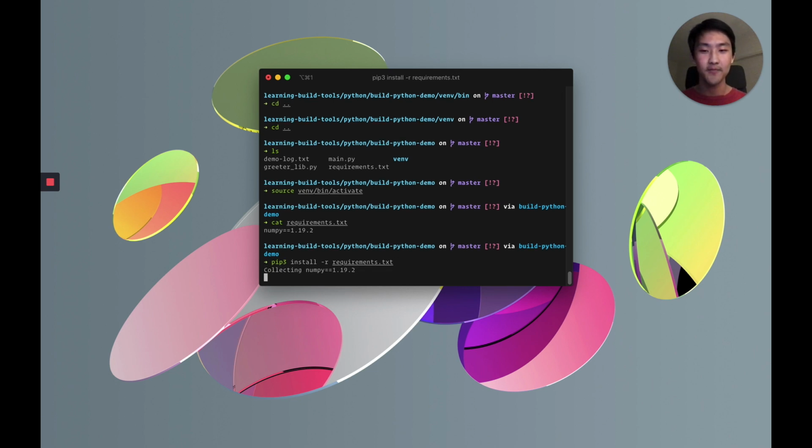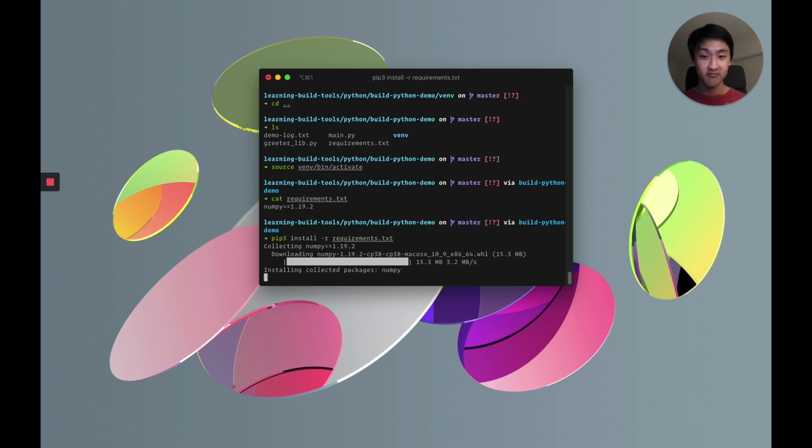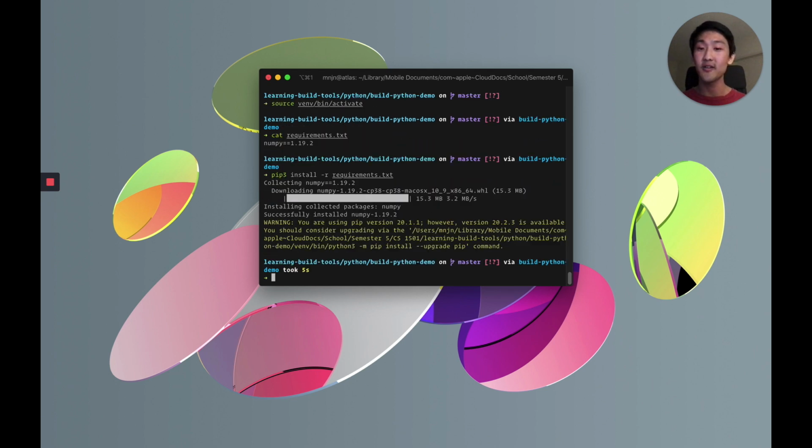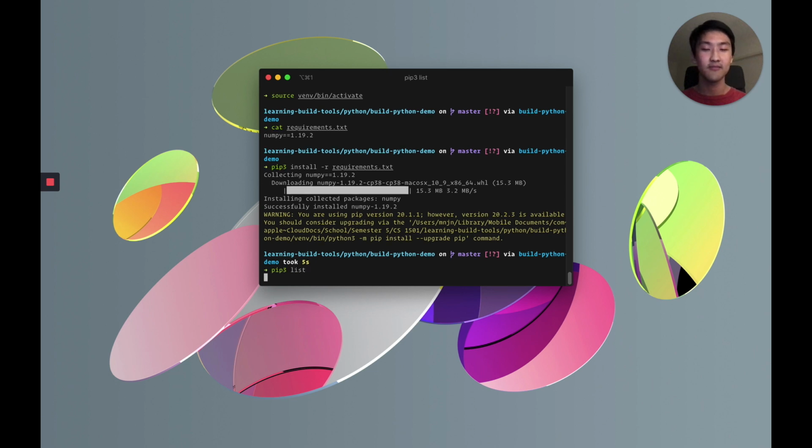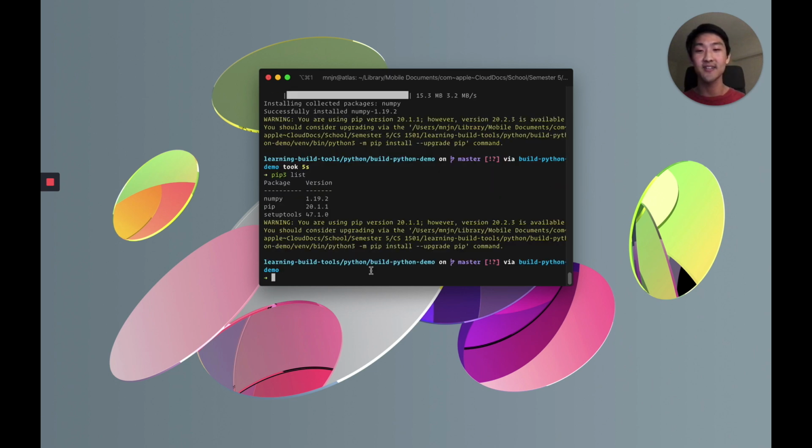And if I hit enter, you can see it reads my requirements.txt file, notices that I want NumPy along with this specific version that I want, 1.19.2, and downloads it, installs it, and successfully installs it. I do have a warning here that I should upgrade. We'll just ignore that for now. So now if I go pip3 list, you can see I have NumPy. Pip and setuptools is automatically installed, so that's nothing new there. But NumPy and my version is correct,